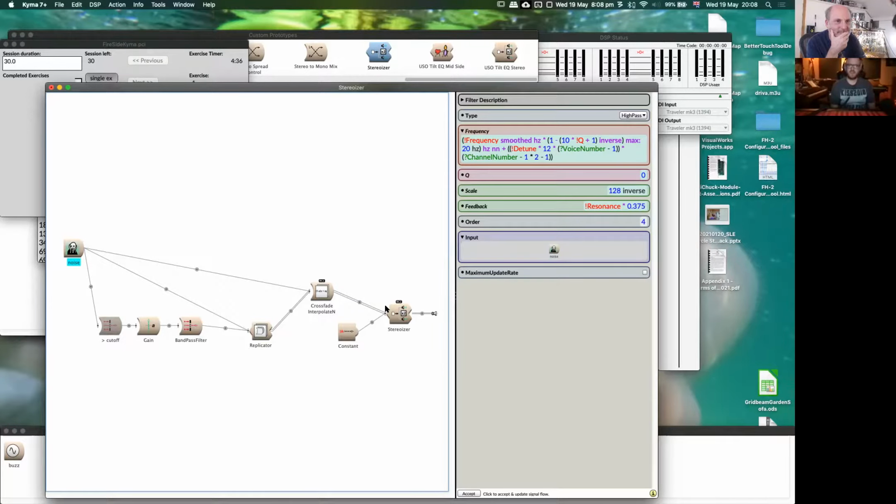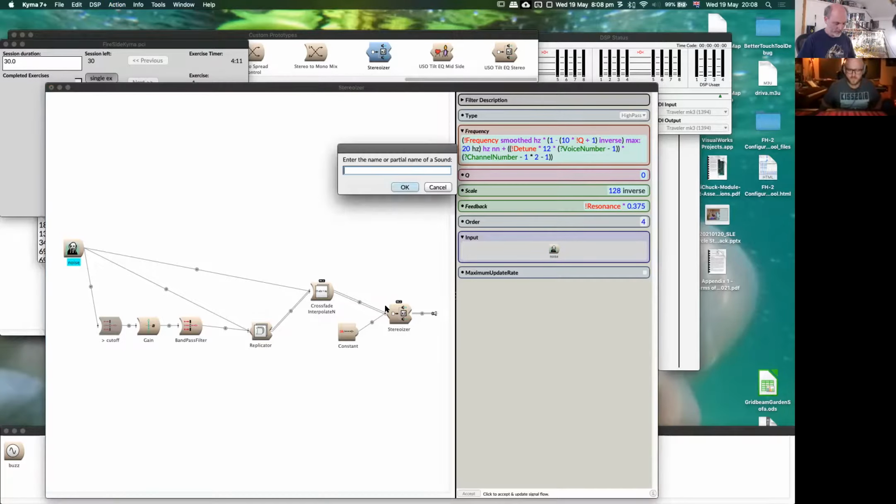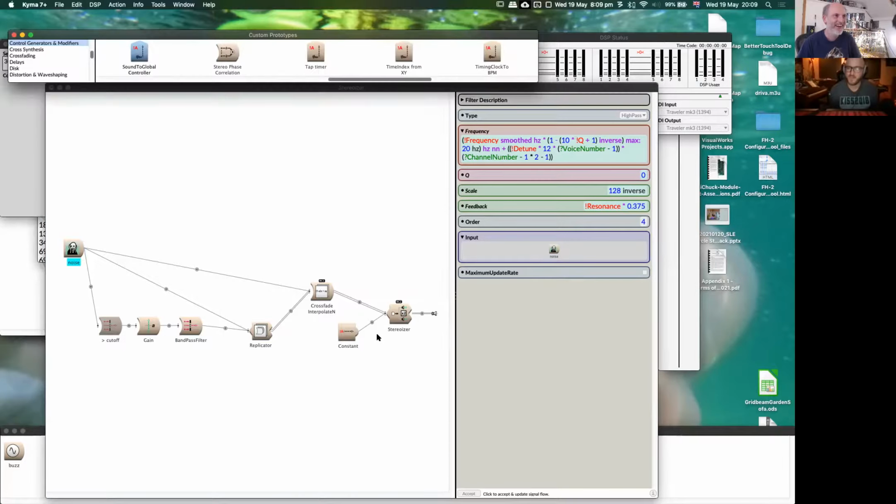just make sound a global controller? And how can we get an exponential wavetable and then map frequency to that? So use the sound to global controller and kind of animate it? That's one thought I had, yeah. Cool. Sound to global. Now I have to remember to type these all out properly because I've renamed them all for myself. I've made little abbreviated forms so I can type them in.